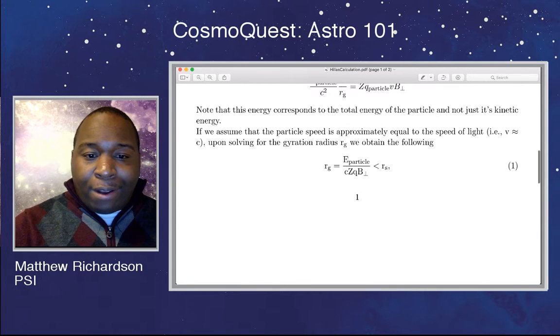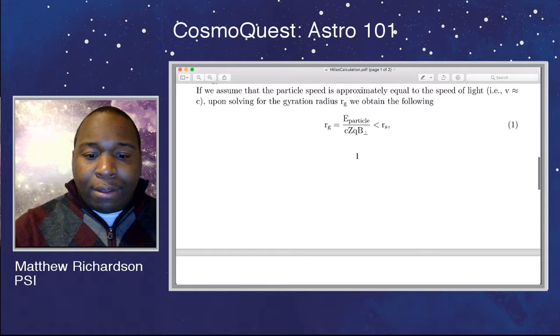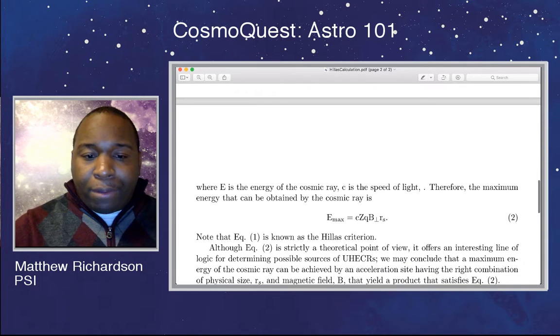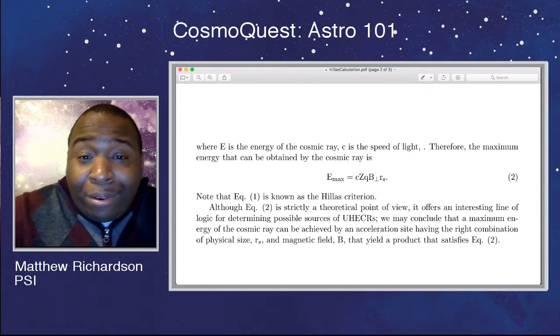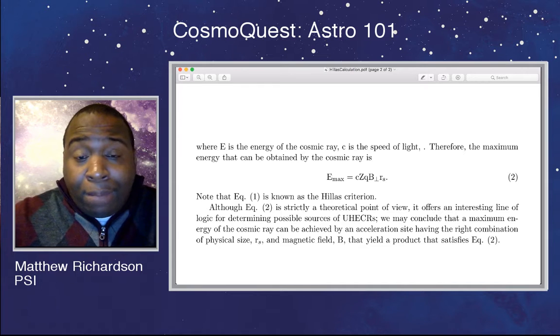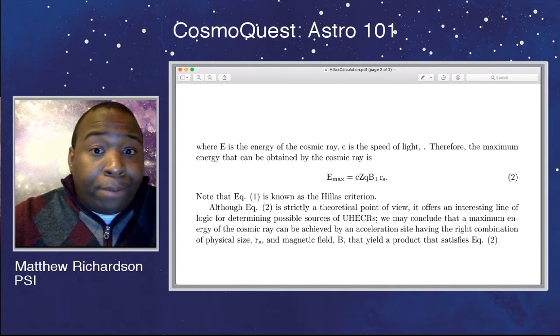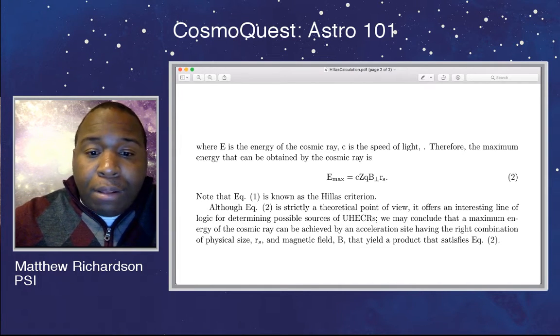When you set R sub G equals R sub S, you get the following. You get the maximum amount of energy that can be given to your cosmic ray. And so,